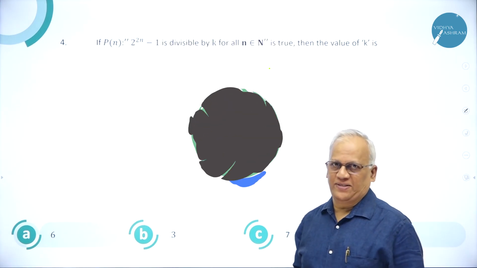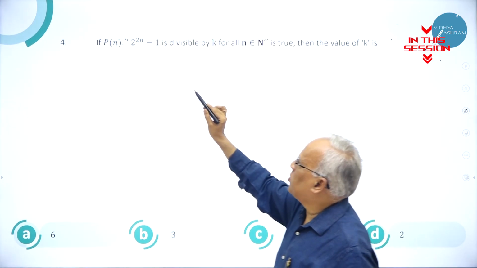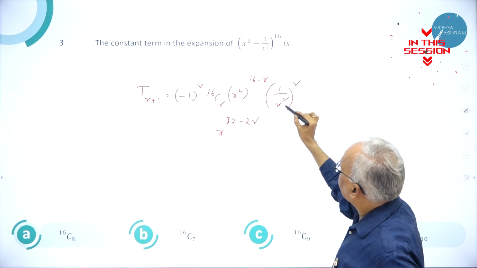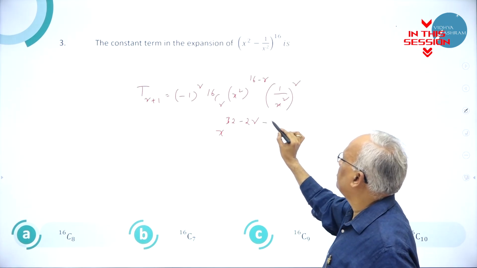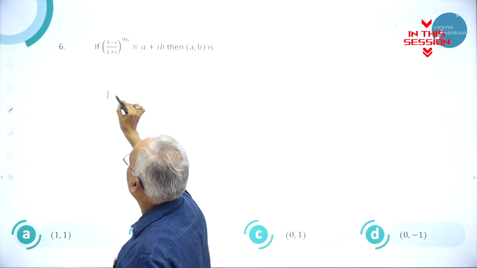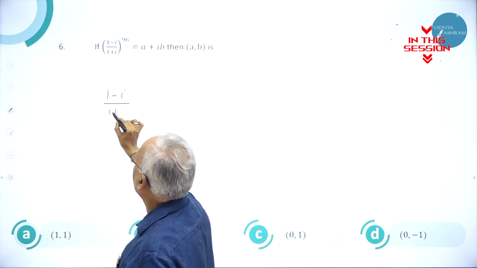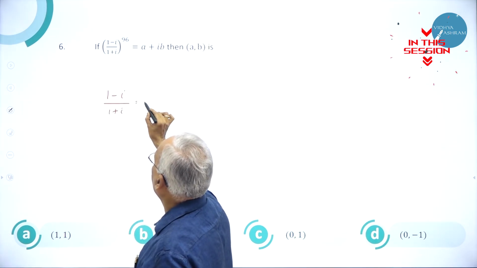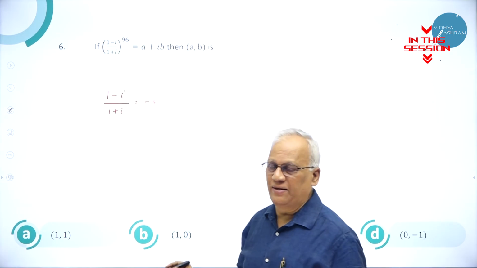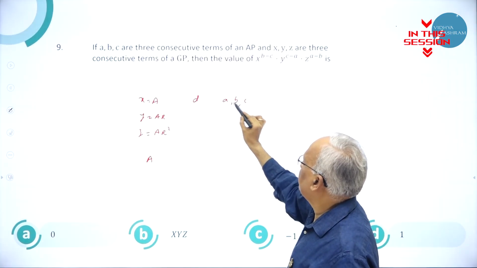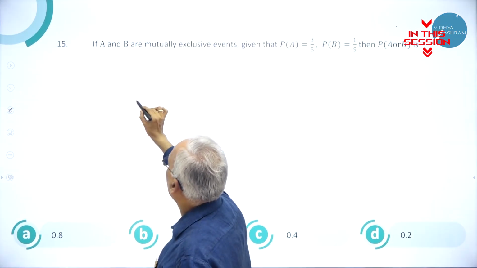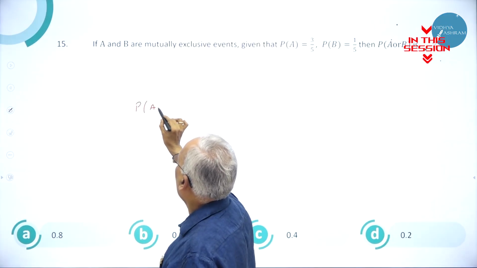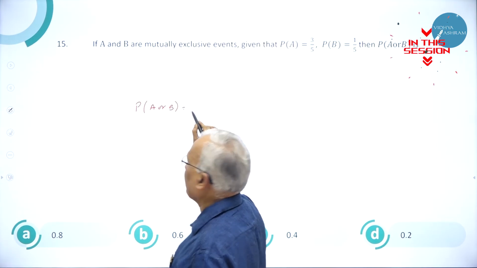See, I give you two methods here. One is 2 power 2n. This x to the power of 2 whole to the power of r is x to the power of 2r. When you shift it to numerator, it becomes minus 2r. So we have (1 minus i) divided by (1 plus i) equal to minus i. That can be proved very easily. What do you do? So C minus B, B minus A equal to D. So what is B minus C? Minus D. So probability of A or B is same as